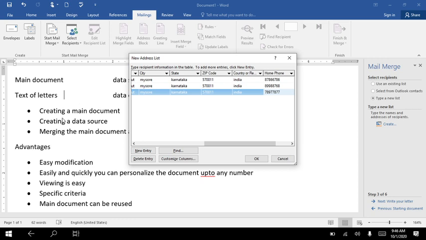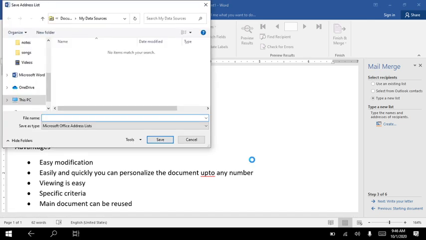Then you will be clicking on OK, okay, clicking on OK.